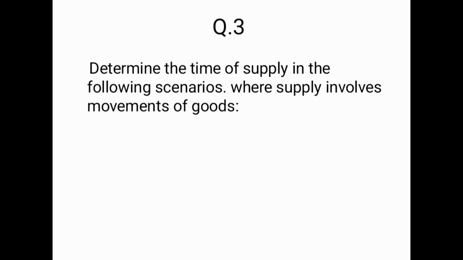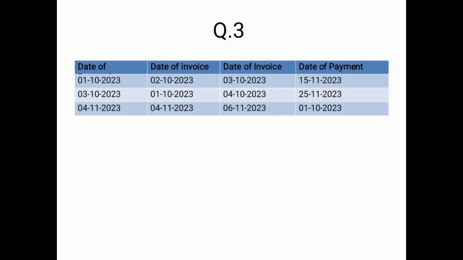The other one is question number 3: determine the time of supply in the following scenarios, where supply involves movement of goods, like goods going from one place to another. Sometimes you import, sometimes you export. Here the date of removal is given, then the date of invoice, and the date of payment. The first date of removal is 1/10/2023, the date of invoice is 2/10/2023, and the date of invoice again is 3/10/2023, and last, the date of payment, which is given